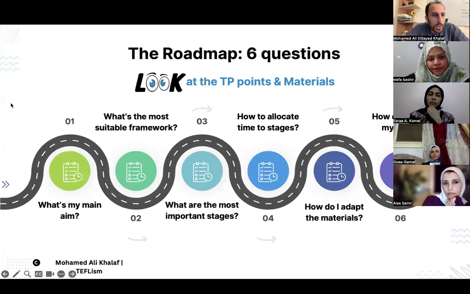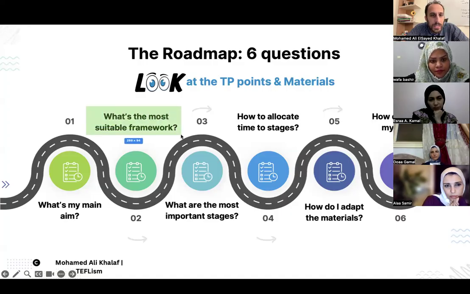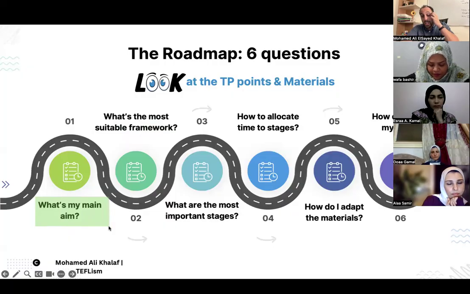Once you look at the TP points and the materials, you need to ask yourself question number one. I'm sorry, it is not what's the most suitable framework. It is, what's my main aim? The TP points will tell you what your main aim is.